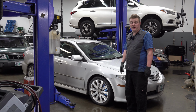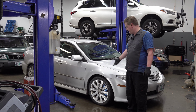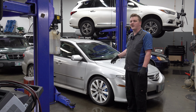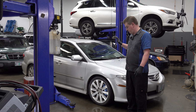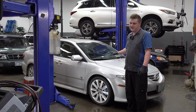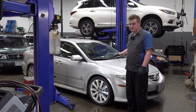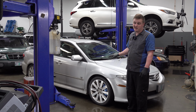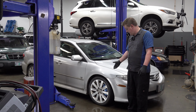The Corksport brake kit fit perfectly. Like I said, aside from those brake lines, which to be fair, they're not designed for this car. They're designed for a 2006 and newer Mazda Speed 6, not a 2004 Mazda 6. So the fact that the brake rotors and calipers and pads all fit perfectly, that's pretty cool. This is going to be a great upgrade for this car. It's probably a bit overkill for this car, honestly, but the biggest reason I ended up getting these is because